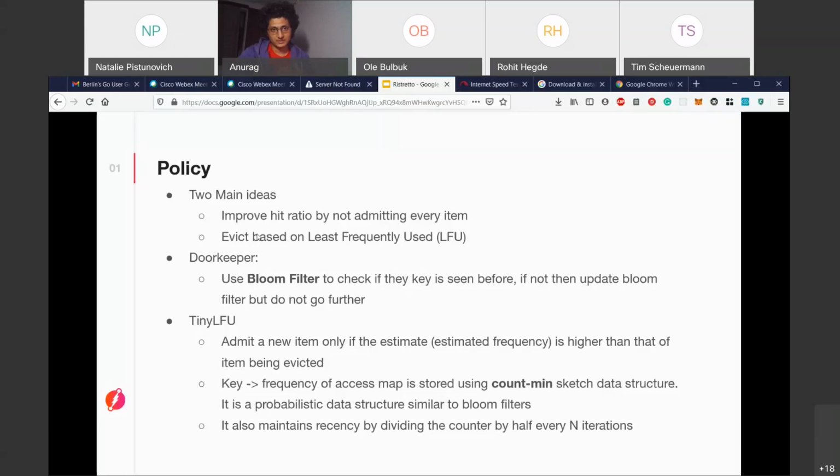Both of these points come into play when your cache is full, and now you have to decide whether you want to add this new item, and if yes, then which item would you want to evict. So if you see a key value